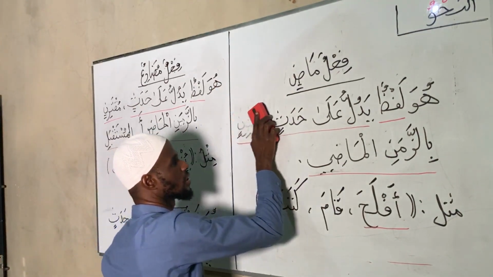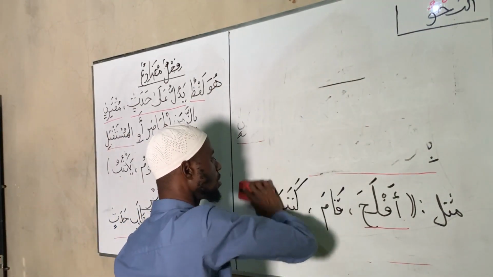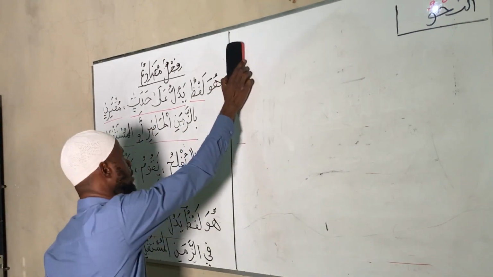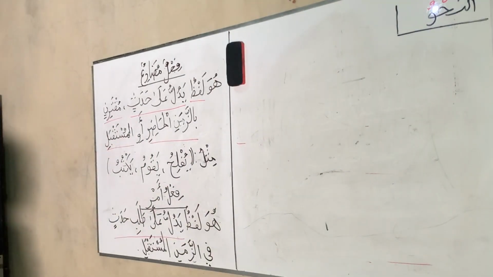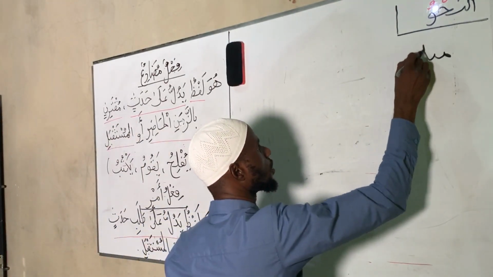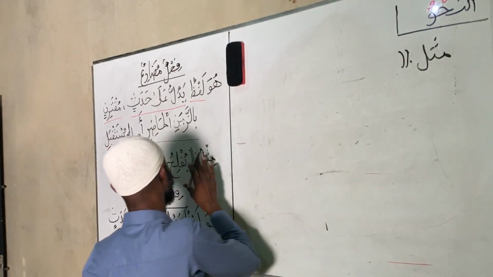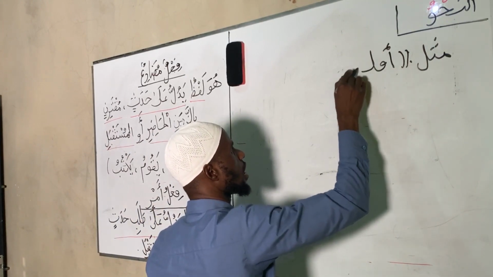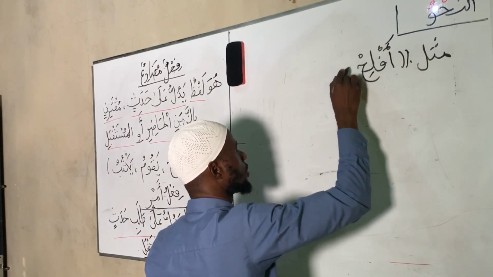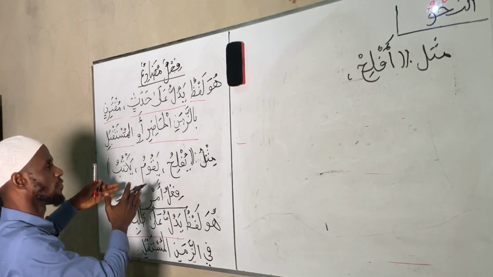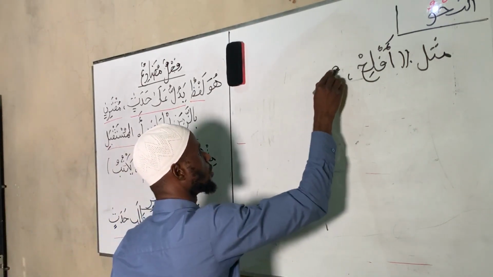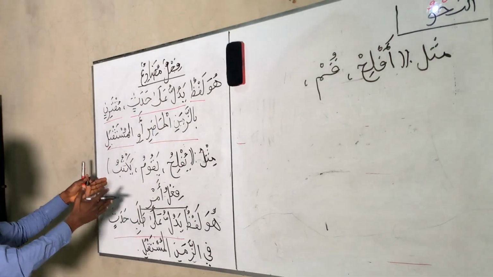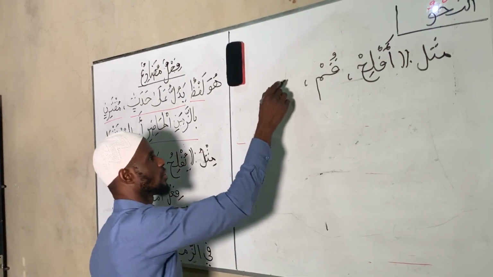So let us give examples. So we are deriving the examples from the ones we are given here. Are you there? So, example: what is the command of yuflihu? The command is aflih. What is the fi'l amri of yaqumu? The fi'l amri is qum. What is the fi'l amri of yaktubu? The fi'l amri of yaktubu is